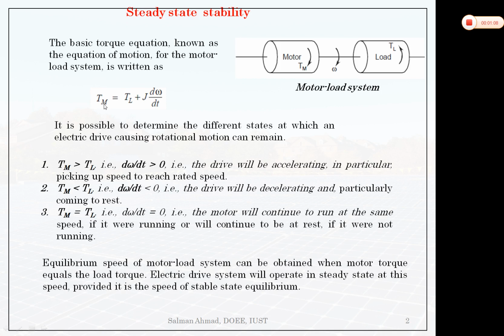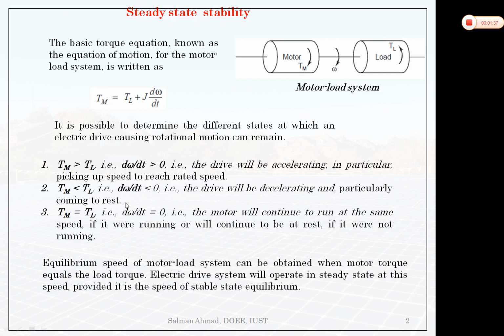If motor torque is more than load torque, then Tm minus TL is positive, so J d omega over dt will be positive, and the drive will be accelerating in a particular direction. Similarly, when motor torque is less than load torque, the drive will be decelerating, the speed will decrease,